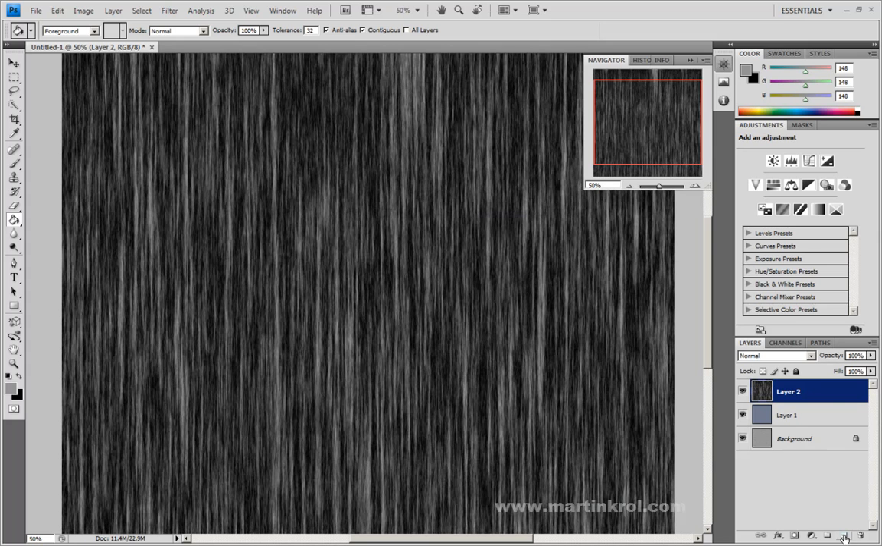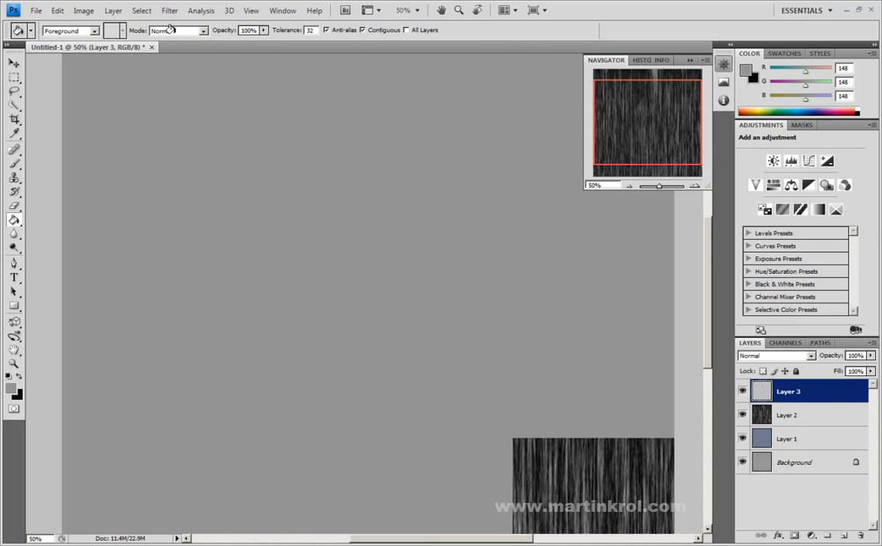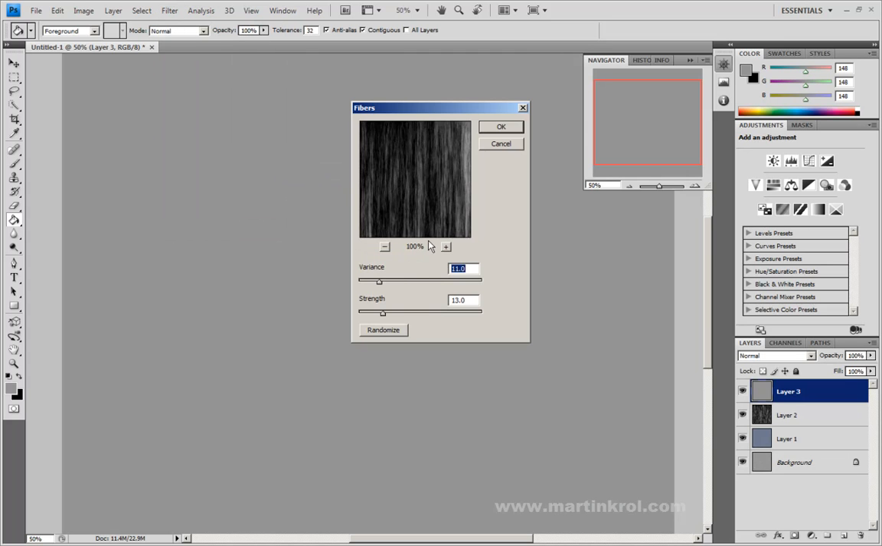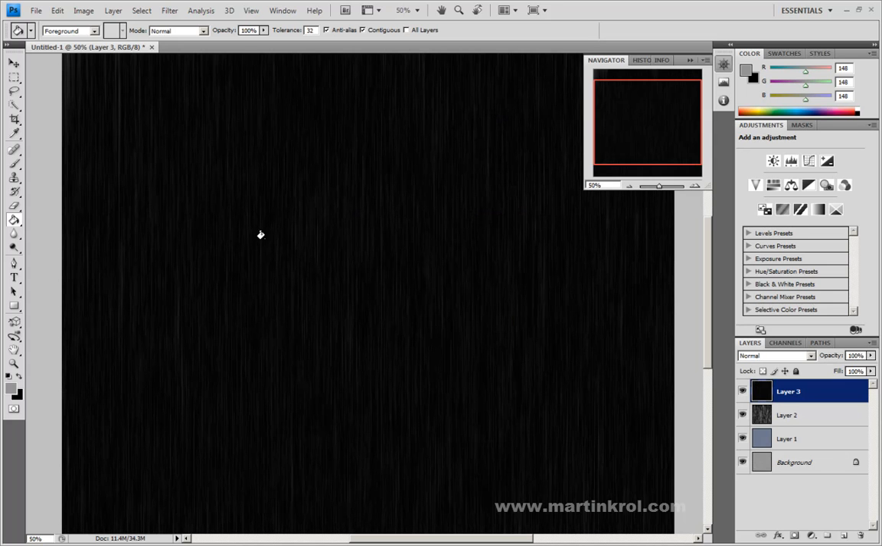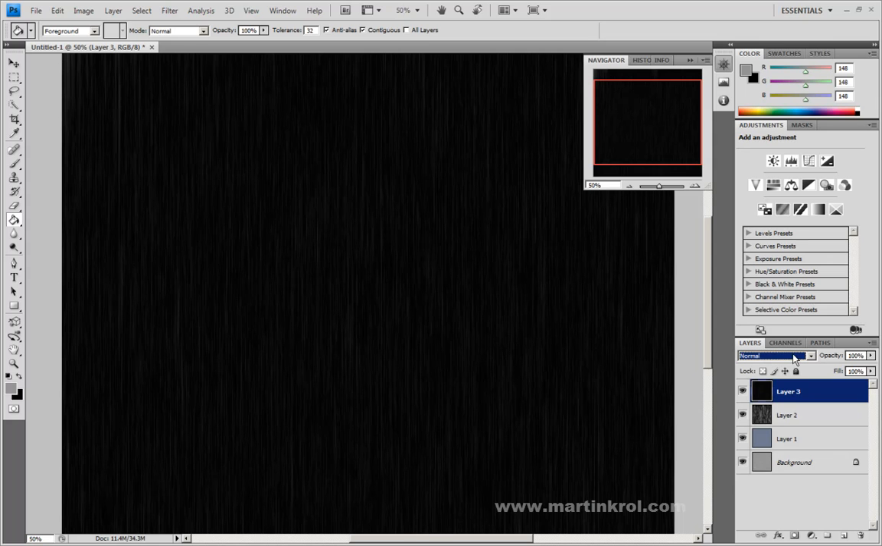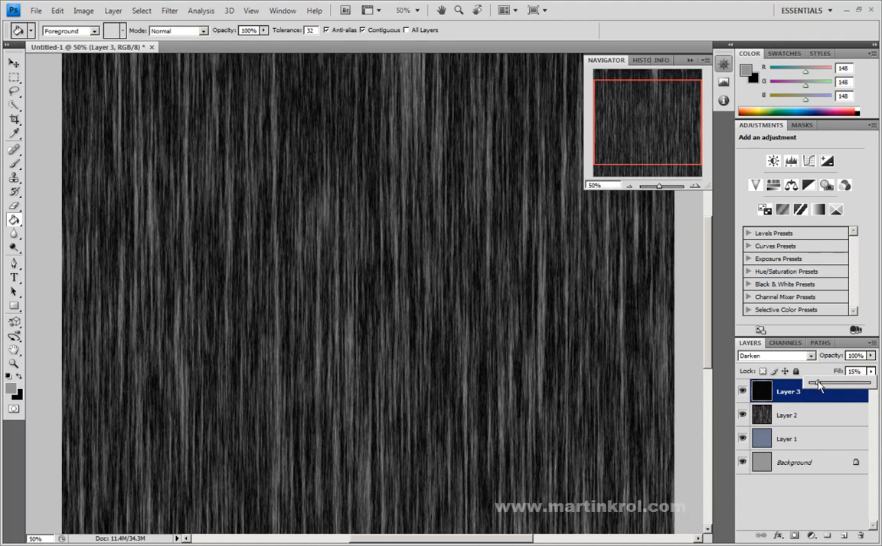And I'm going to create another one. Do the same thing. Filter, render, fibers. And this time I'm going to choose a slightly different setting. The reason I want to do that is because I just want streaks that I can use to, well, you'll see. I'm going to go to blend my layers now and make sure my fill is set to